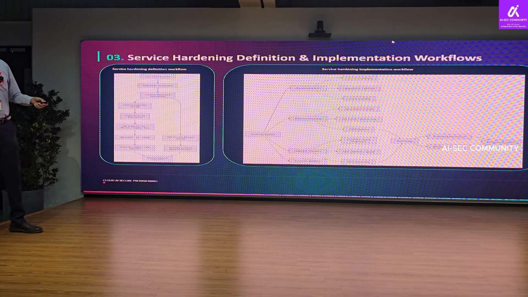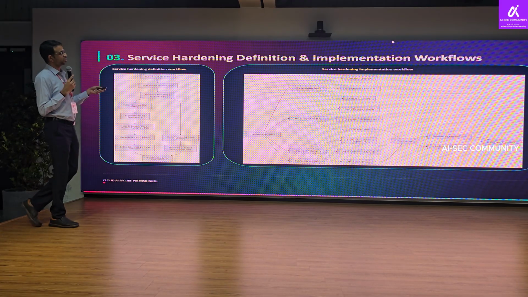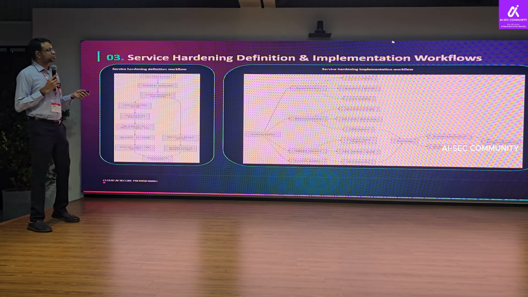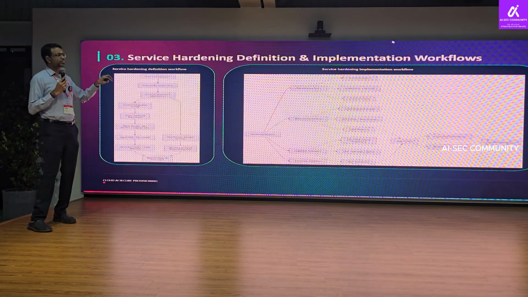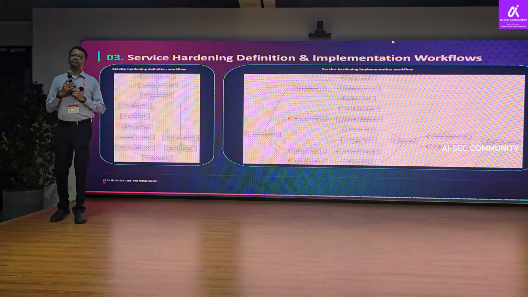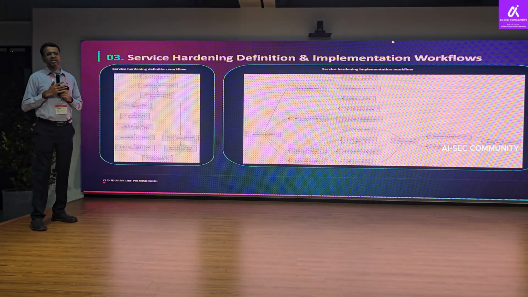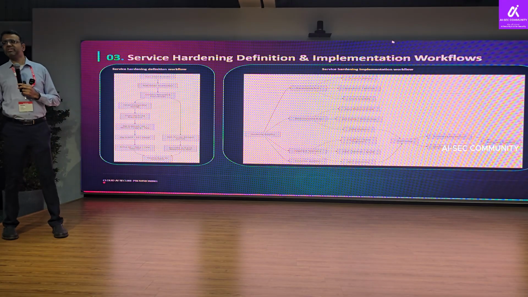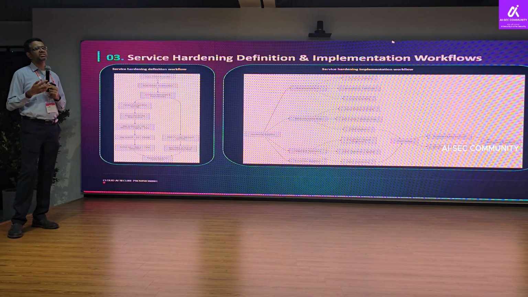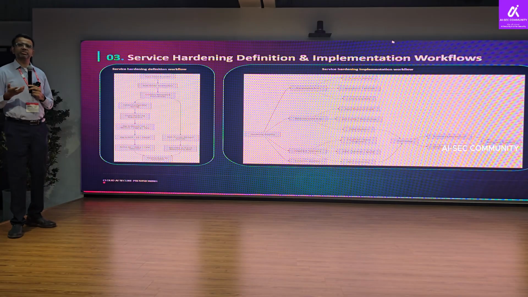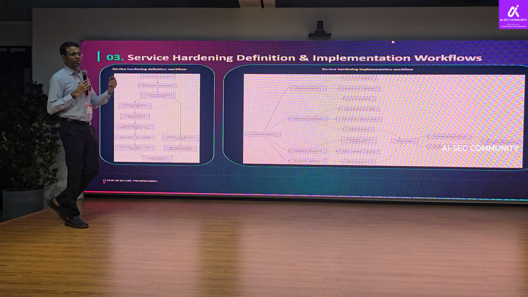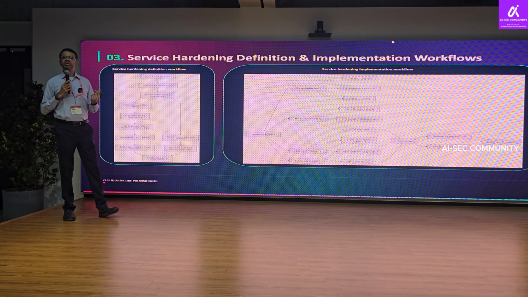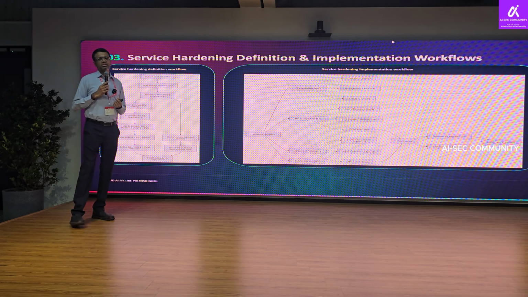So once you have this in place, how do I implement it? That's the second stage. Again, there are 2 ways to do it. You will have to have a way to monitor it, and gone are the days when you were just detecting the problem. You are also looking at how to prevent it. So that's why I said it's security by design. We look for areas where you can prevent it upfront. And that's why in the provisioning process, you should have your security policies in place that can prevent these issues from happening. So how do you do that?